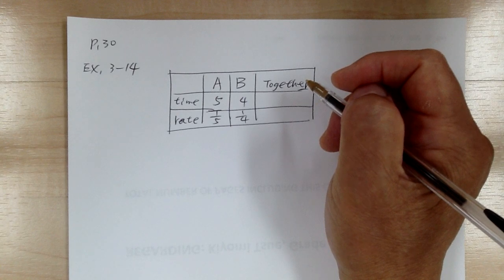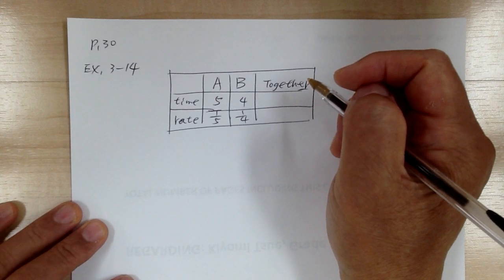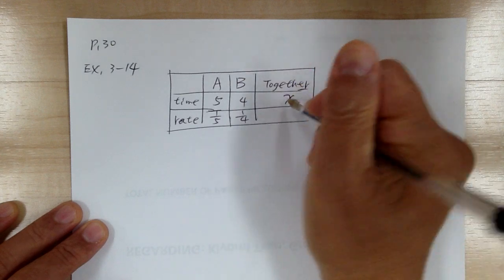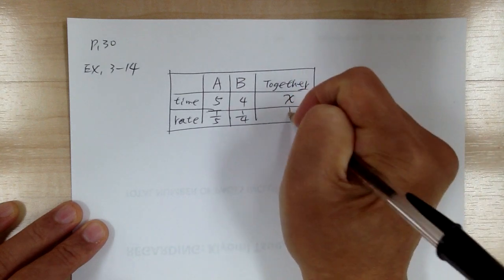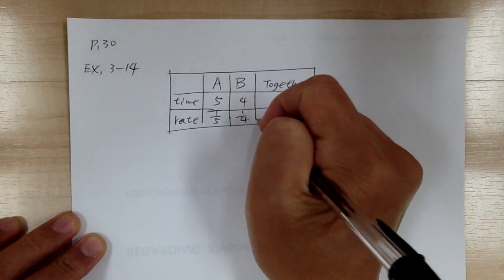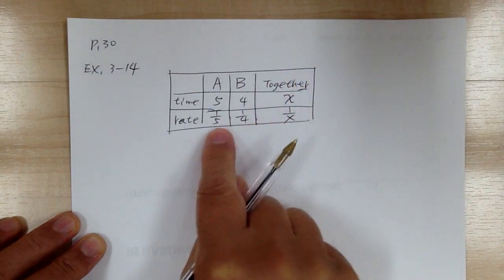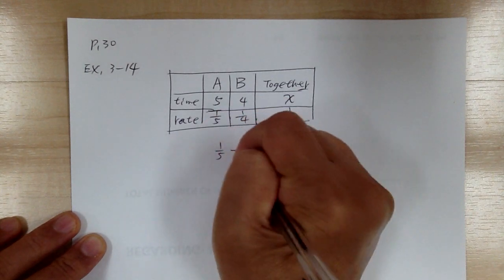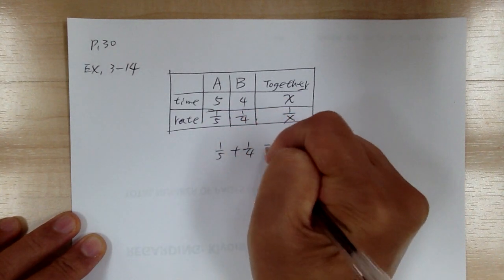Okay. So together it would be X. You don't know what the time is, so the reciprocal would be 1/x. So here's your equation. When you write this, you need to use the rate as your equation. So you got 1/5 plus 1/4 will equal to,